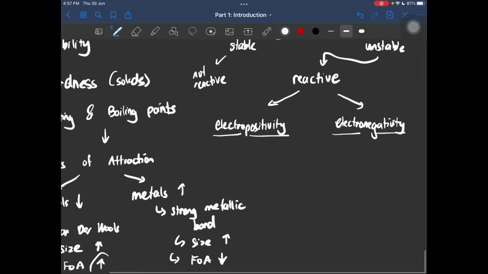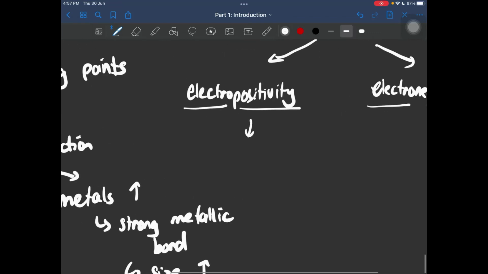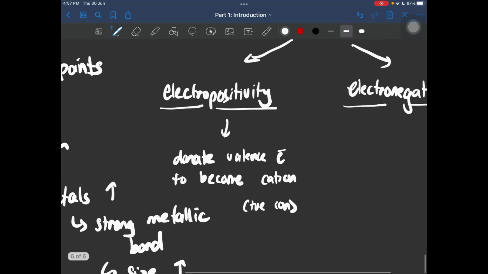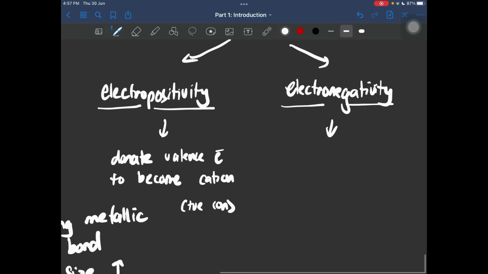So what is electropositivity and electronegativity? Electropositivity is actually the tendency to donate valence electron to become a cation, which is a positive ion, right? While electronegativity is the tendency of the atom to accept electron to become an anion, which is a negative ion,